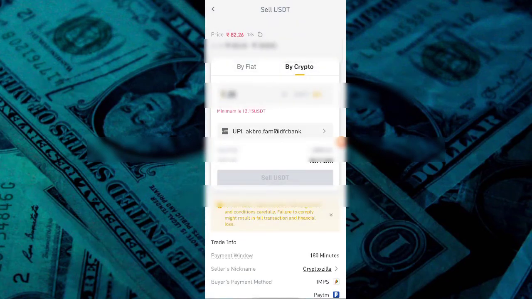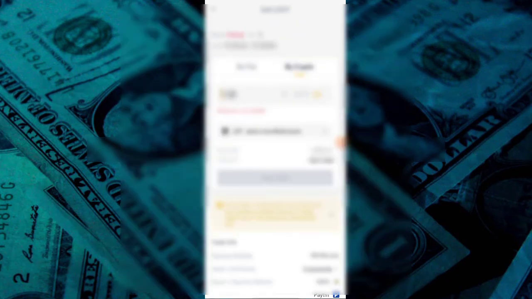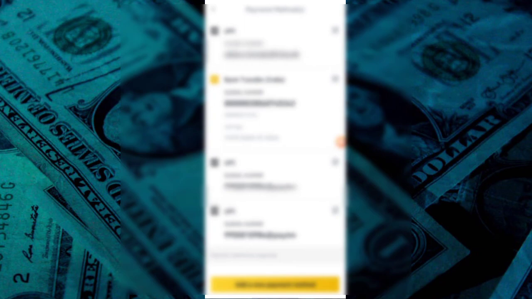You can see which payment method is accepted by that seller, because many sellers accept only bank payment, many accept only UPI payments, so you can check it yourself. See, I have already added many payment options.